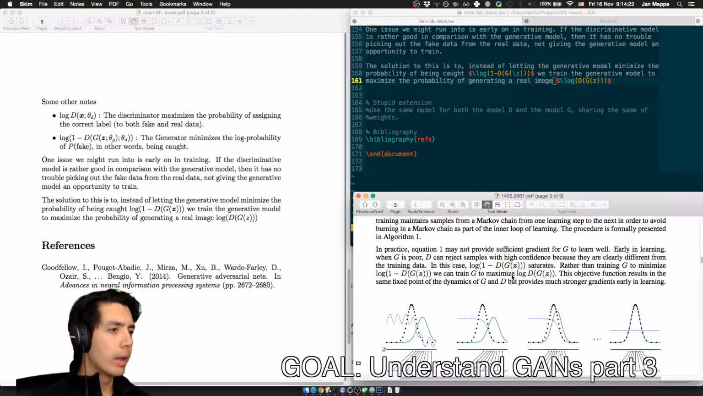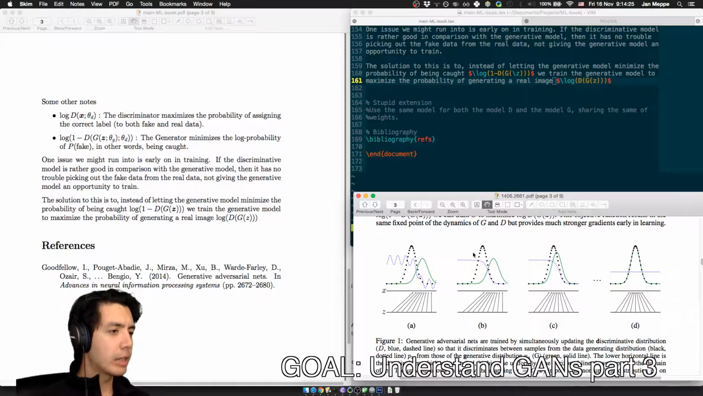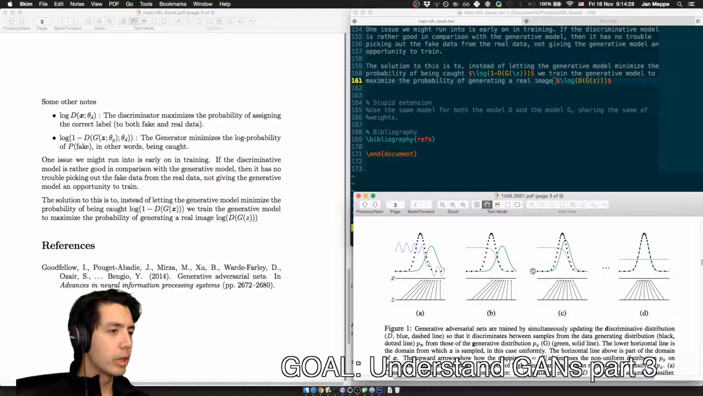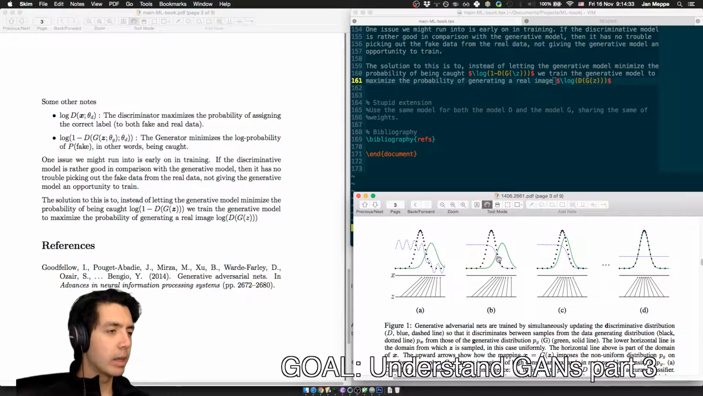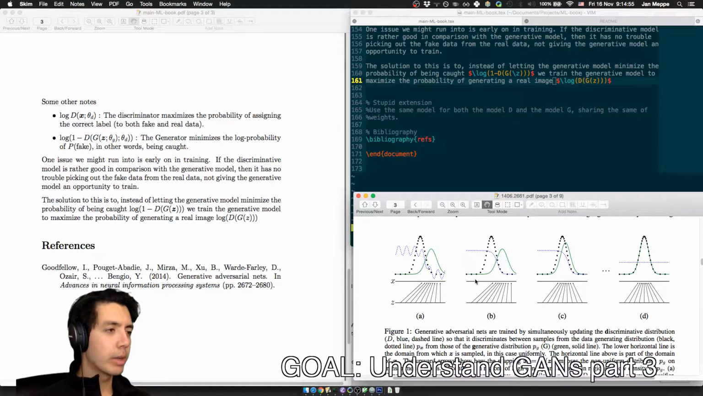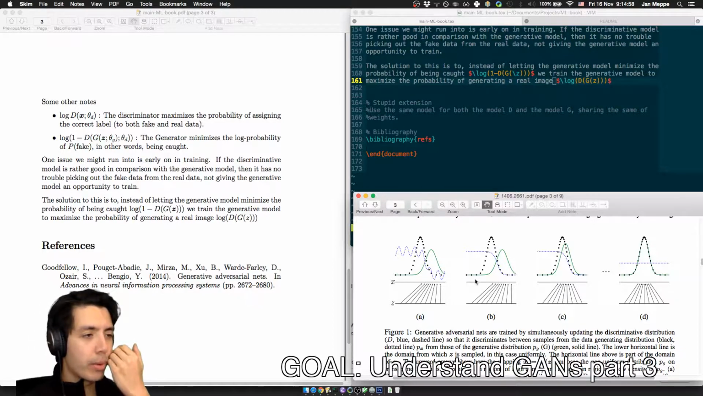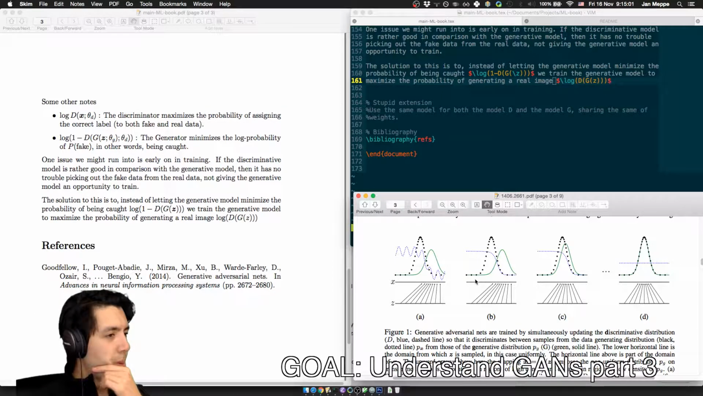All right. Then here we have a nice image. Well, it depends on what you deem nice. This is an image where the black line is the data, the green line is the generated data, and the blue line is the discriminator. So I'm not sure if I want to copy paste this in the paper, but